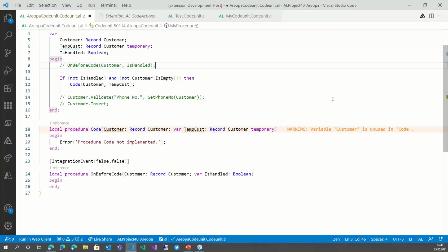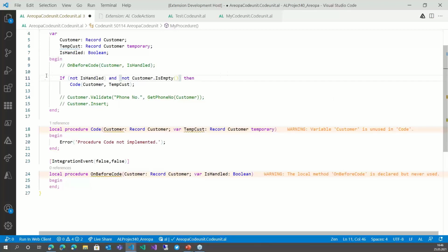Okay, just another thing. I will comment this one out. And now let's imagine I think this if statement is not easy to read. I want to extract that one. Then I can simply mark the lines I want to extract. I commented this line out because now the isHandled is only used inside the selection, while the customer is also used in the code below. So my code action, extract to procedure,